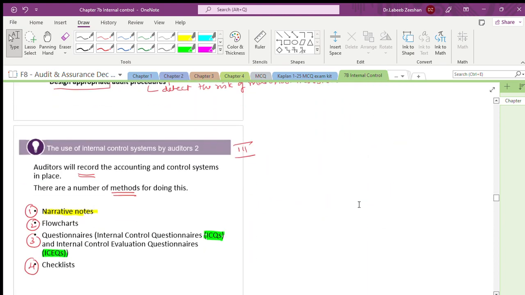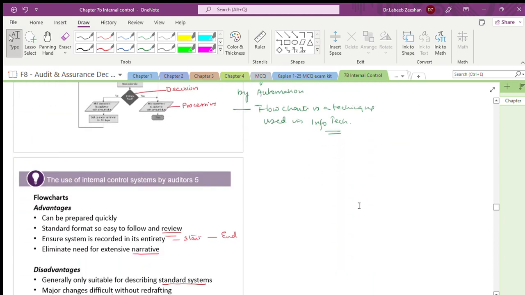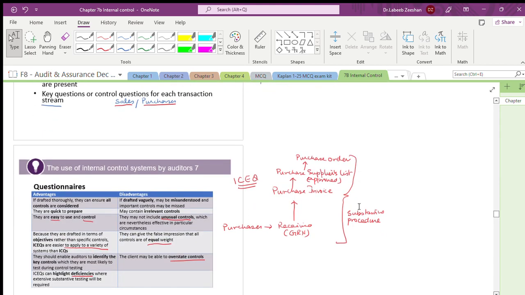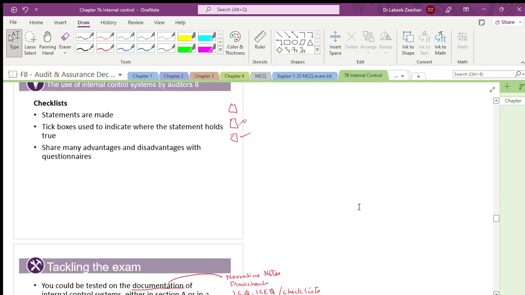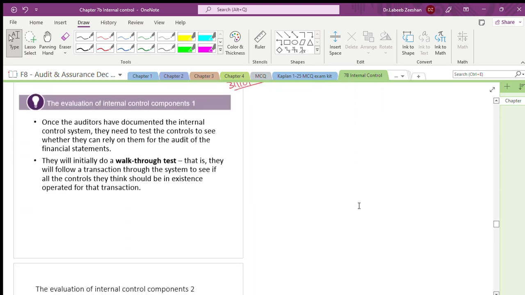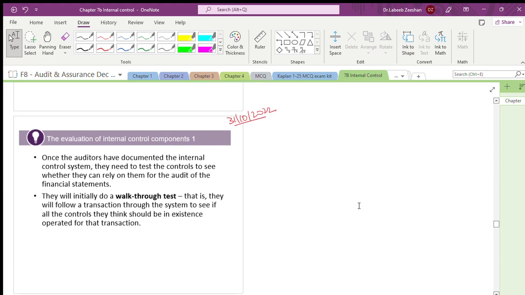Now when we work out the process, how you will collect the evidence, there are so many ways. When you are collecting the evidence, there is another concept called a walkthrough test. Assume in reality,